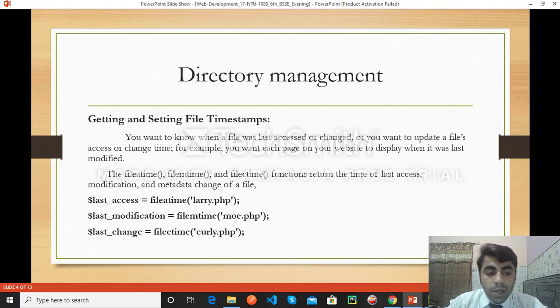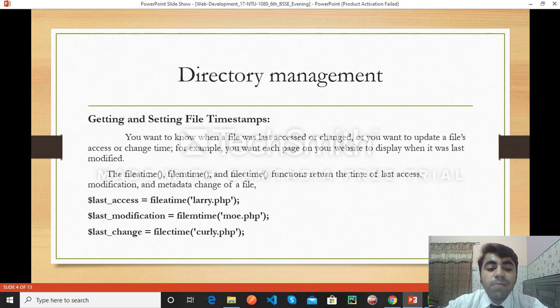I will explain these functions. How does fileatime work? The fileatime function returns the last time a file was opened for reading and/or writing. Then filemtime: the function returns the last time a file's contents were changed.